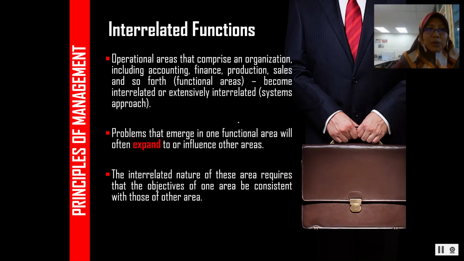interrelated functions. This one is the operational areas that comprise an organization, including accounting, finance, production, sales, and so forth. Okay, so these are what we call the functional areas. So this becomes intensively interrelated, the systems approach. The problems that emerge in one functional area will often expand or influence other areas. So the interrelated nature of these areas requires that the objective of one area be consistent with those of other